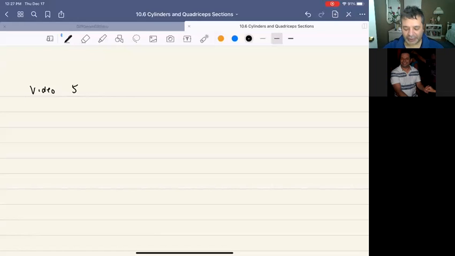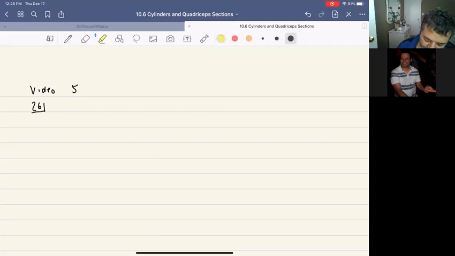All right, so I'm going to do a couple more. I realized that last one was actually 25 and not 26, so let me give you 26. This is out of section 10.6, of course. And so that one is